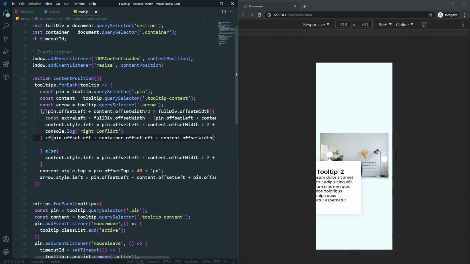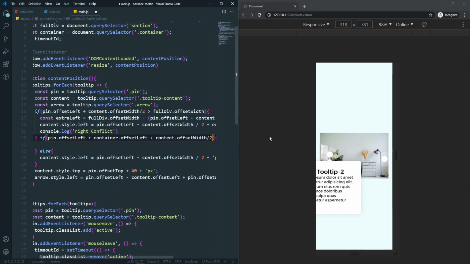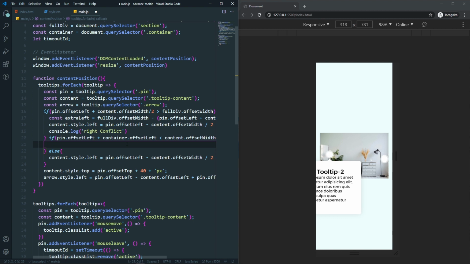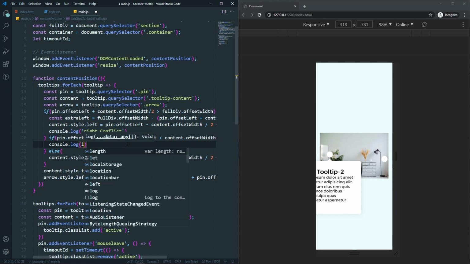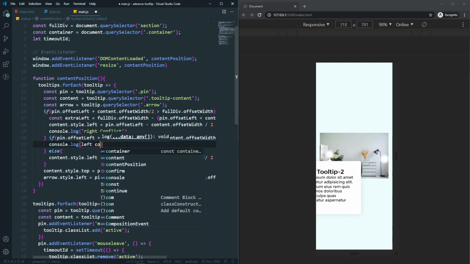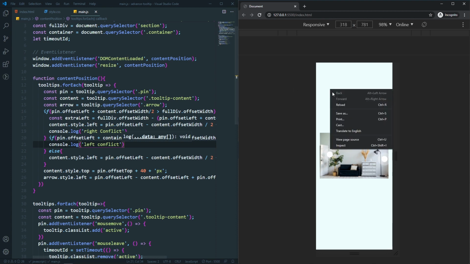If it is smaller than our content width, actually not the full content width, but half of our content width. So what I'm checking here is if this amount of distance is smaller than half of our content width, then it should have a left conflict. So let's console log the left conflict here. Left conflict. If I save and open the console log here,